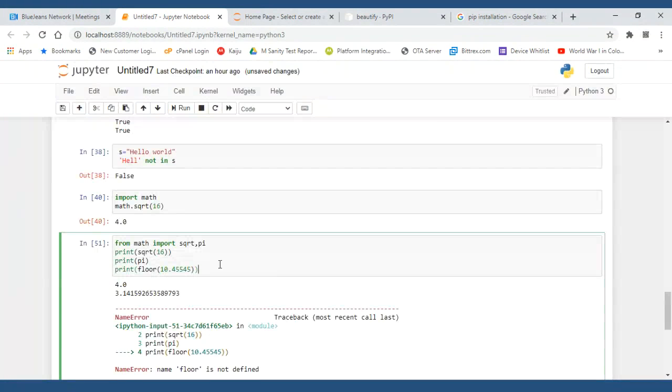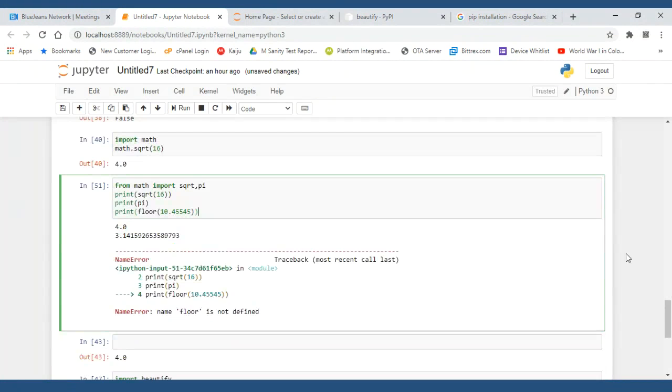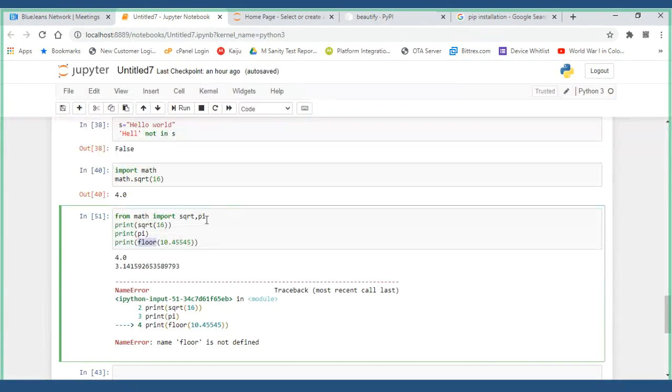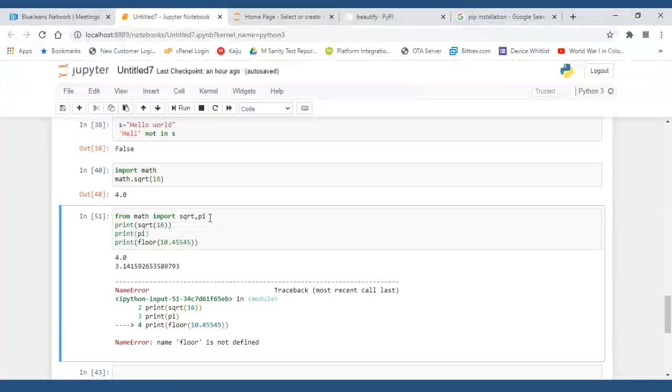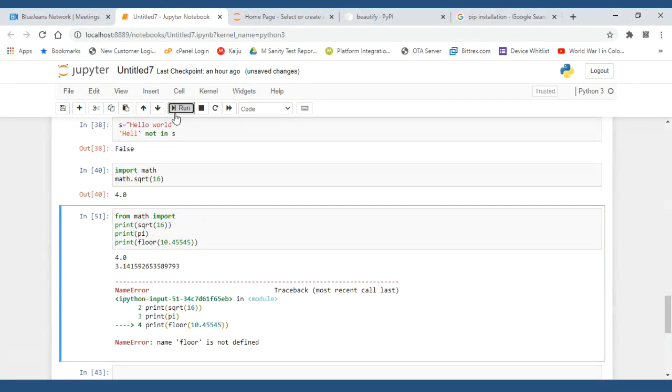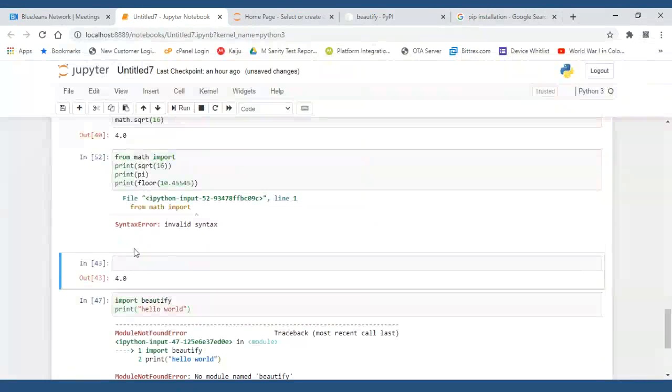Harshad, a little sound is coming. Okay, then pi. Why import math? Oh, sorry, guys, I'm extremely sorry. What am I doing here? I am telling it to import only these two things. If I give anything other than that, it will throw an error because it has not been imported. But if I remove these two things and run them, then I'll get some output.